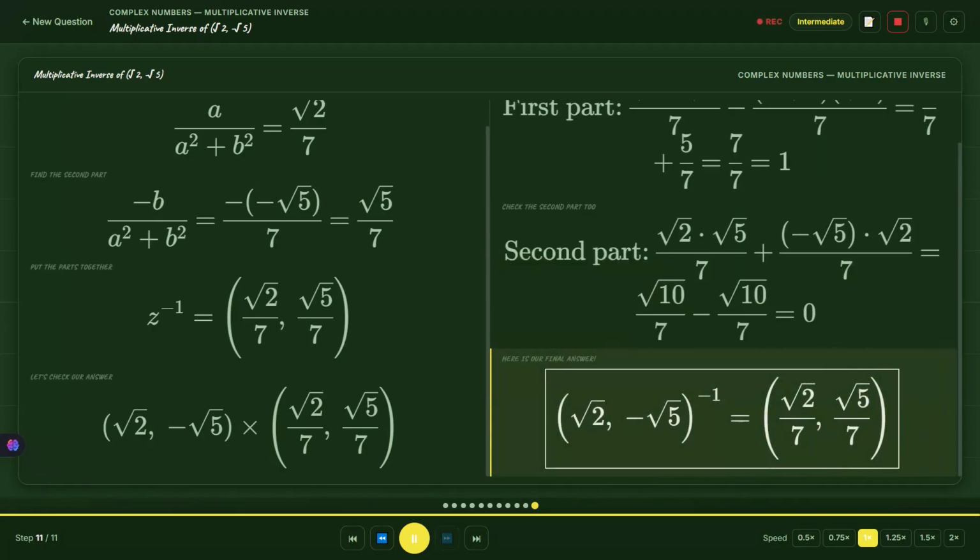Great job! The multiplicative inverse of root 2,